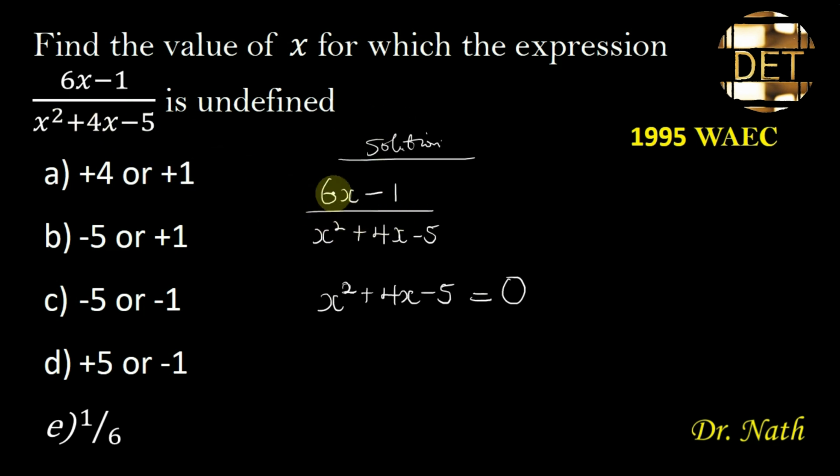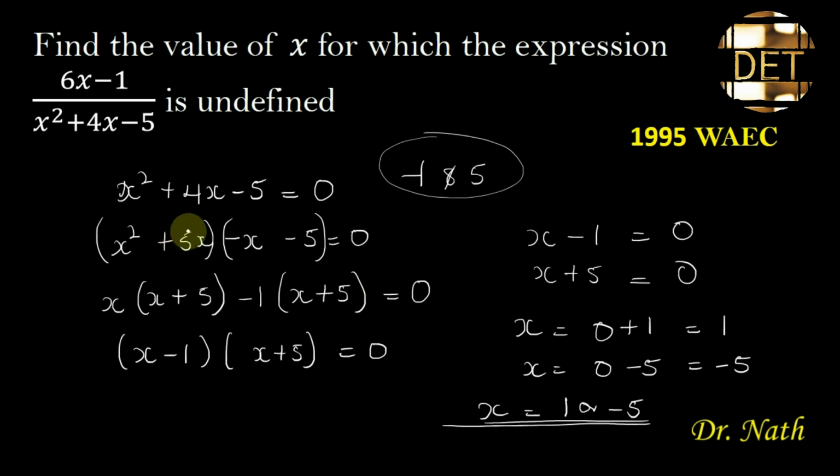So we wrote out the expression here, 6x minus 1 all over x squared plus 4x minus 5. Like I said, what defines an undefined expression is when the denominator is equal to 0. For an expression to be undefined, the denominator must be equal to 0. The denominator that we have here in this expression is x squared plus 4x minus 5. So for this expression to be undefined, the denominator must be equal to 0. That will result in x squared plus 4x minus 5 equal to 0. So having written out the expression like this,